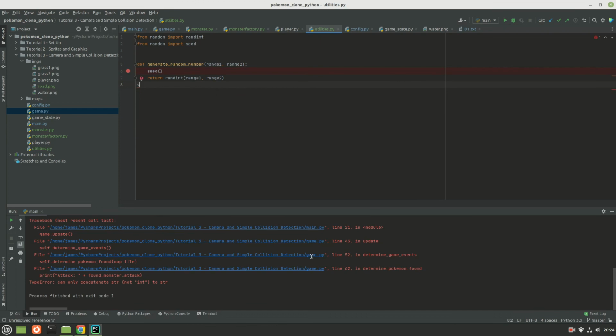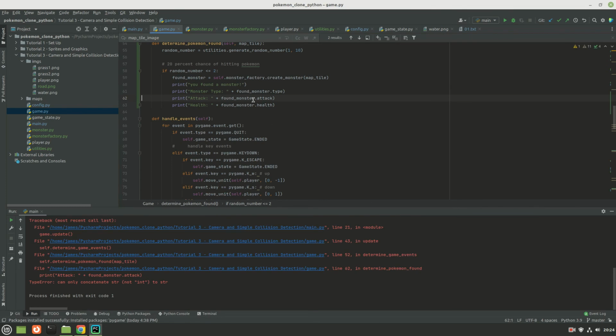Oop. So we did hit a Pokemon. So we hit an error, but we did hit the Pokemon. So that's good. So basically it's saying, okay, yeah, it's always this error for me. I think I have to call string on this int. Find that annoying, but it is what it is.